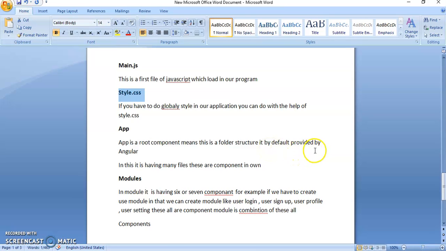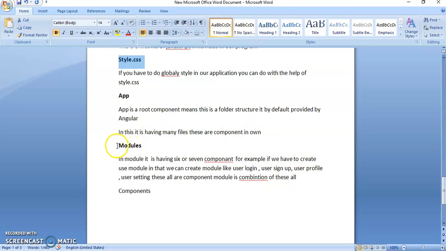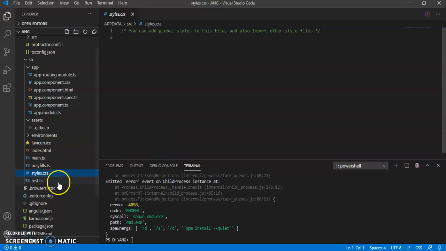It is provided by default by Angular. It has many files. These are all components. In an application we have lots of files, and these files are components on their own. And we have one more, models, as you can see here.